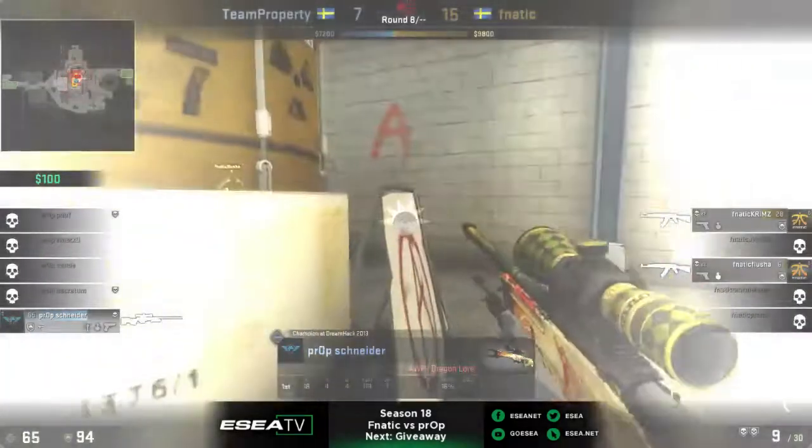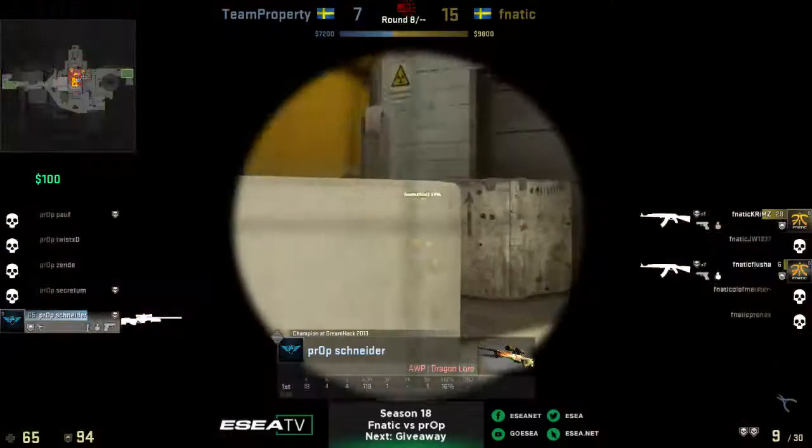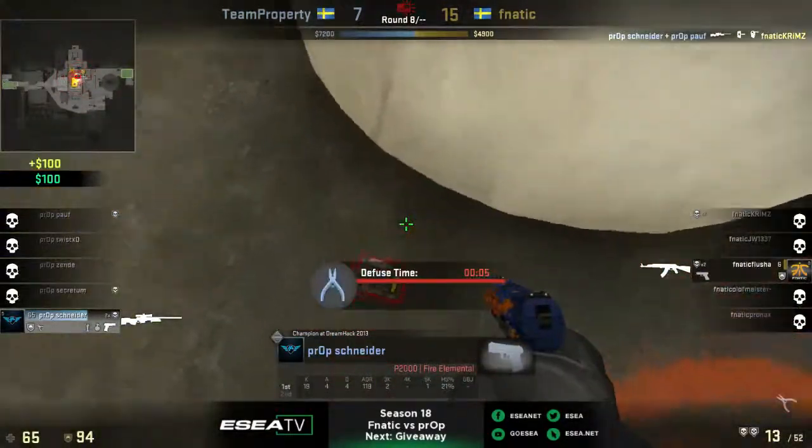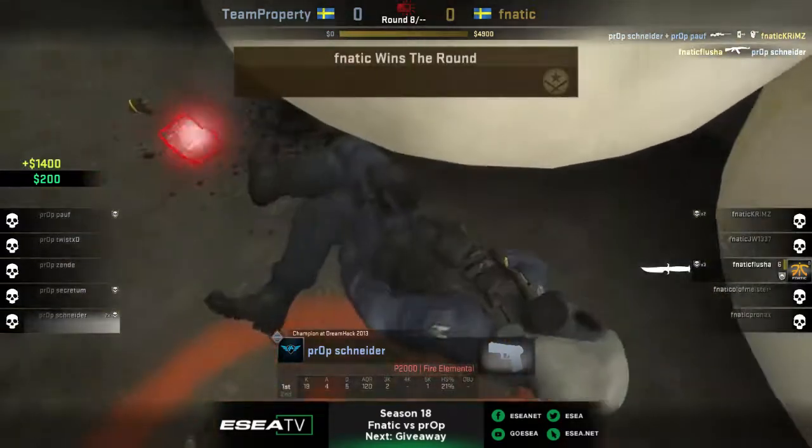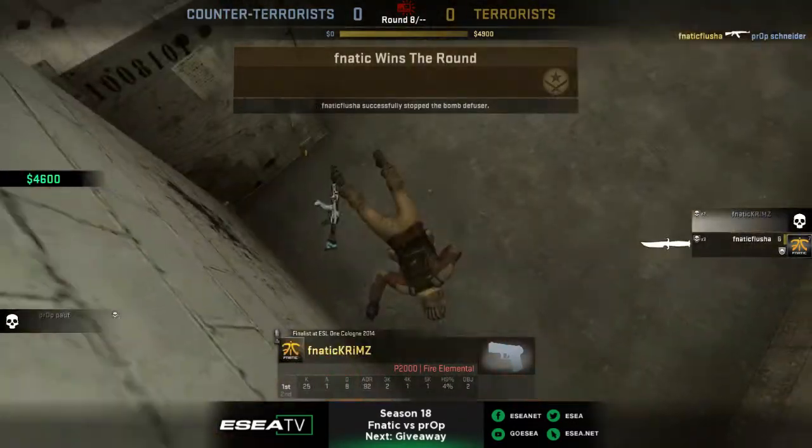He should. He's fully blind. Uh-oh. Pushing in. He sees his gun. Gets him with the wall bang. He's going to stick this to Fuse. Flusher's going to peek out, get the nade, and he doesn't get it. That's it. That's all she wrote. Fnatic takes it, so that's